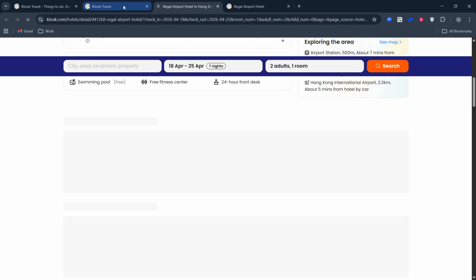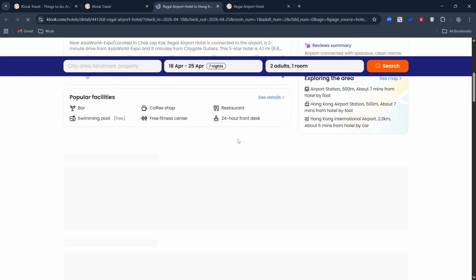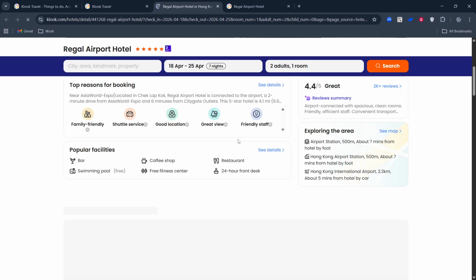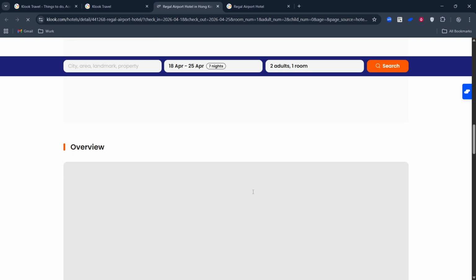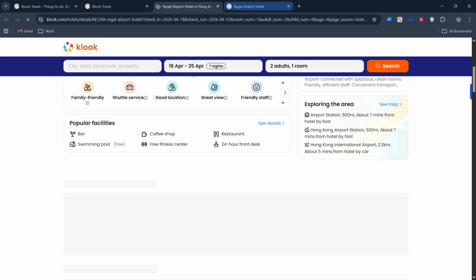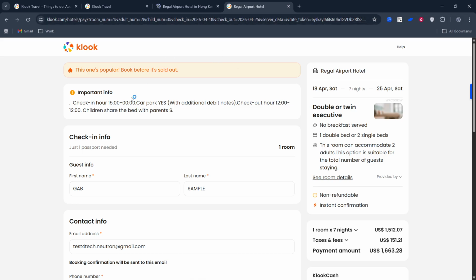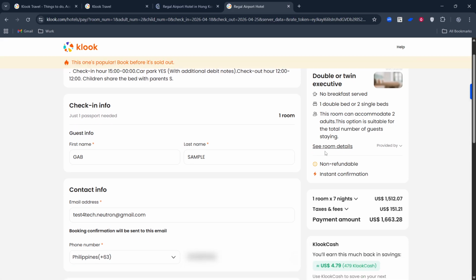Head to the checkout page where you'll review your order. Scroll down until you find the section labeled Discounts or Promo Code. Tap Use Promo Code to open the entry field. Carefully type or paste your code exactly as it appears. Avoid extra spaces before or after the code and double check for any characters that might be easy to mix up. When you're ready, tap Redeem or Apply.